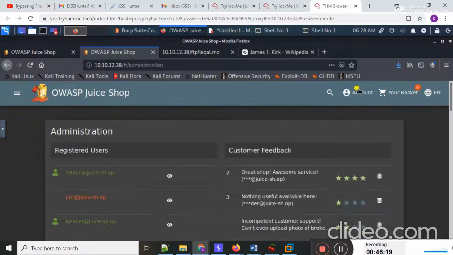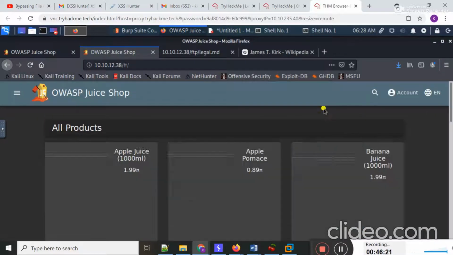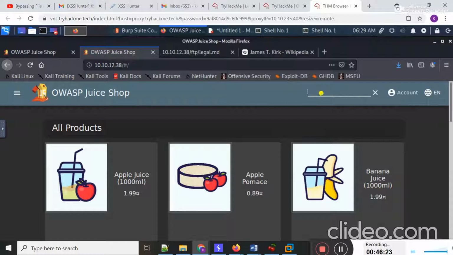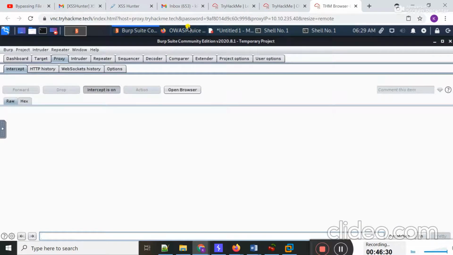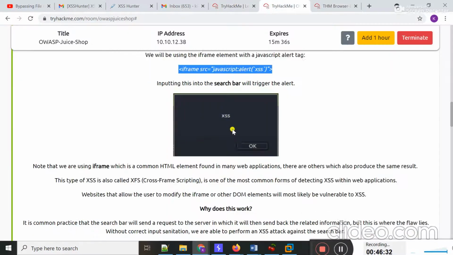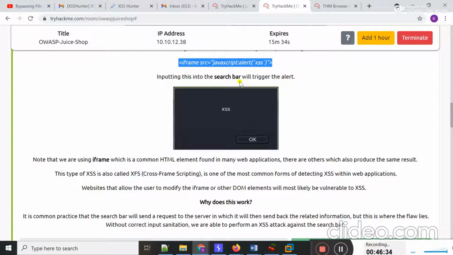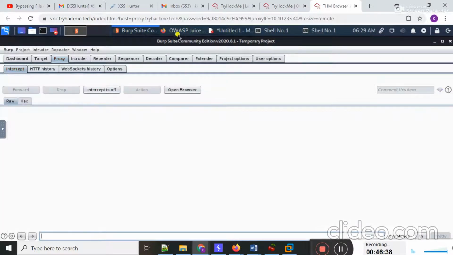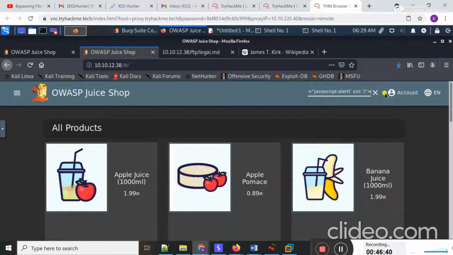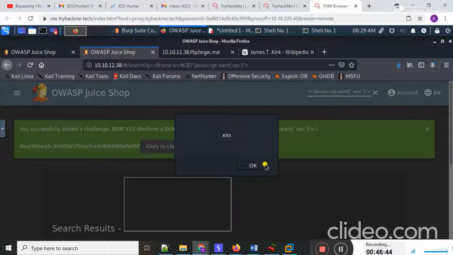Right now, I am going to log out from admin, and in the search bar, I put this JavaScript alert tag, and intercept should be on. Inputting this into the search bar will trigger the alert. Okay, I think there is no need for the intercept. I'm going to turn it off, and in the search bar when I type this and hit enter, guys, you can see a pop-up has appeared here, that is XSS.